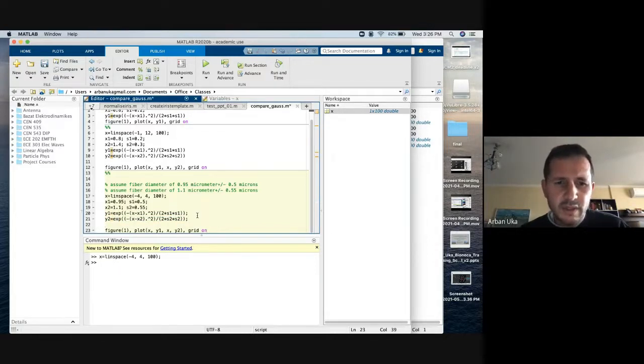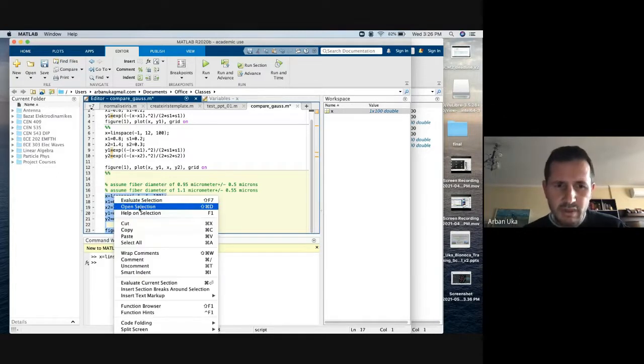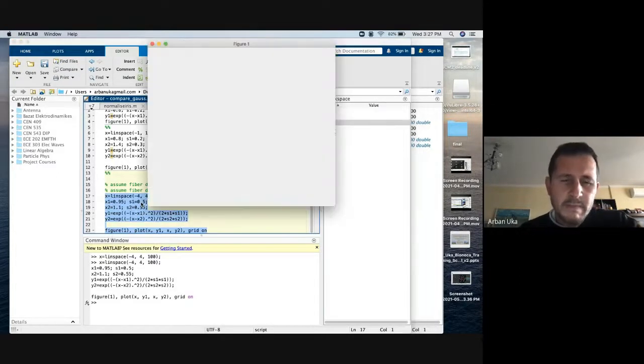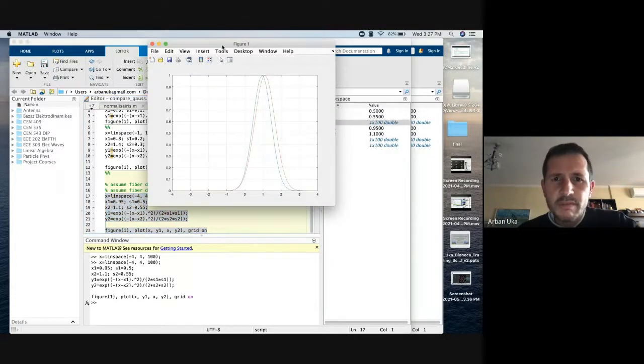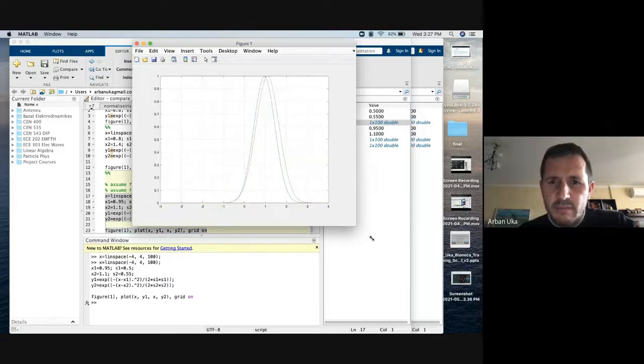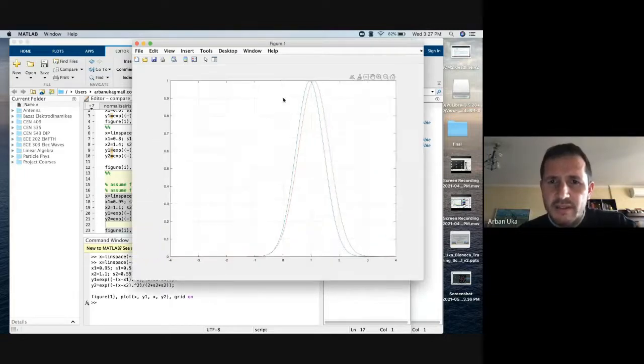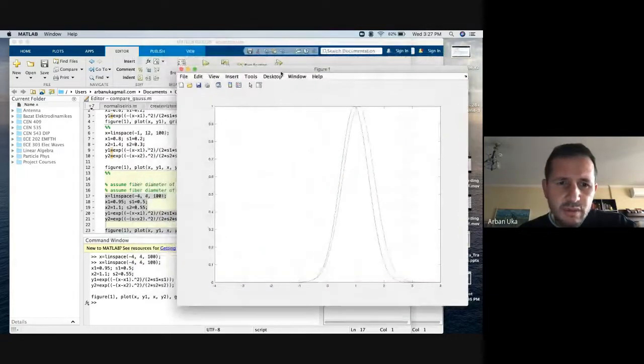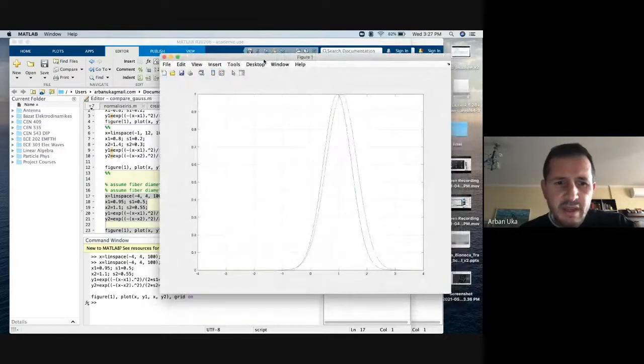And let's look at this whole graph, what we obtain. Evaluate the selection. And we're going to print the figure. So here we go. What we observe here is that the line in blue is centered at 0.95. The other one is centered at 1.1. And their respective standard deviations, it is the thickness, which is going to be,